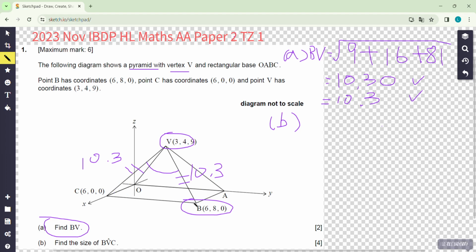And then you can see cosine rule, right? So how about this base BC, 8? So you got it. So you can use the cosine rule, right? So a squared equals 10.3 squared plus 10.3 squared minus 2 times 10.3 times 10.3 times cosine